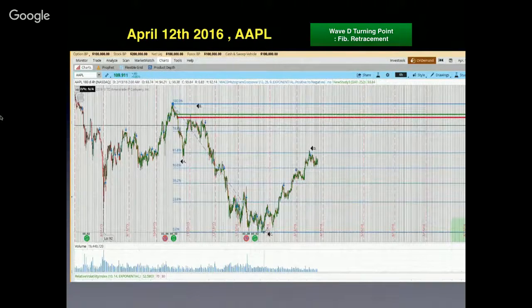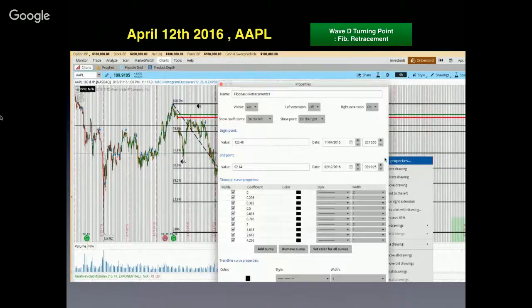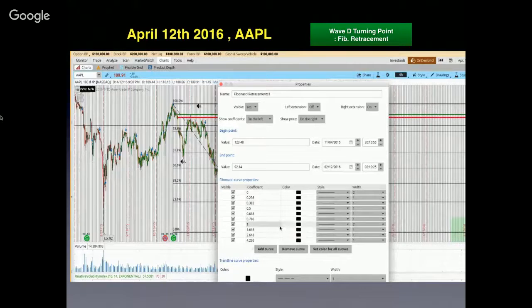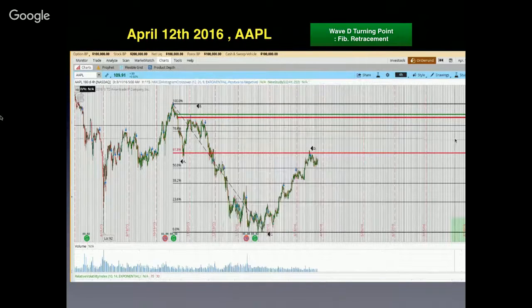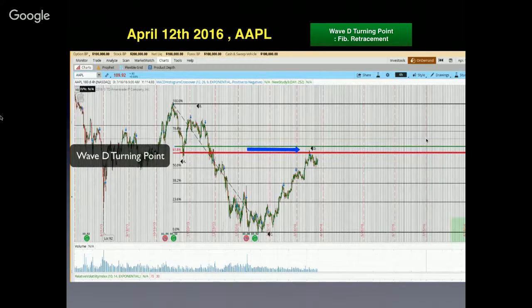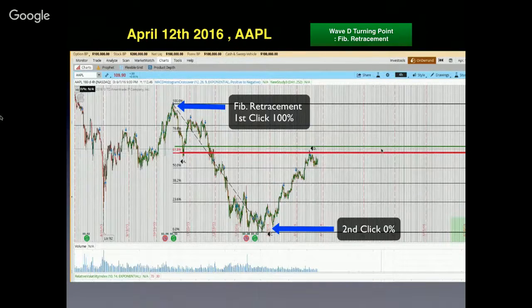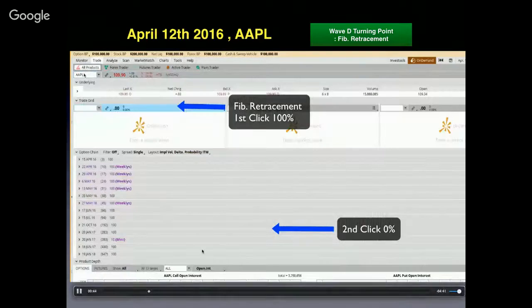Your first step is to draw a fib retracement from 100% to the lowest point 0%. So when you first click, there'll be 100%, and when you second click, that will be 0%. Okay, so the ratio that we are focusing on will be 61.8, which is the golden ratio. I'm changing the width of the line, changing the color to red so that it's more visible. So Apple on April the 12th, Apple is hitting 61.8 retracement. Let me just pause this